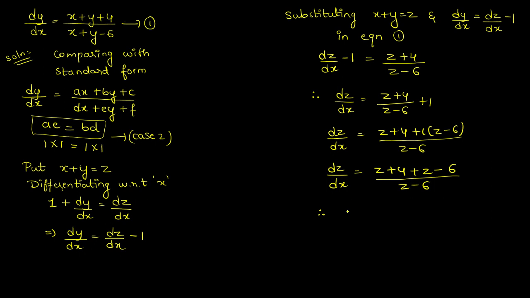So dz by dx will be equal to, we have two terms in z, this is z and this is z, so this becomes 2z. 4 minus 6 will be minus 2, whole divided by z minus 6. So we have this in the simplified form. Now everything is simplified, so it's time to separate the variables. As I told you, the variables are x and z, so on separating variables,